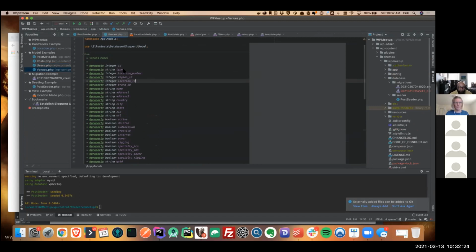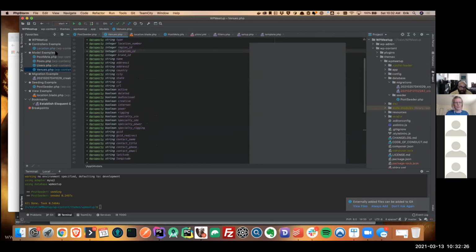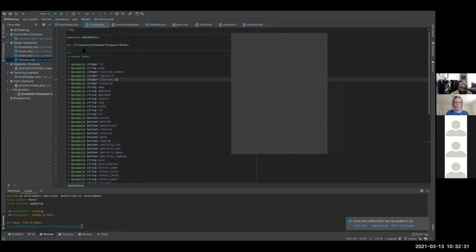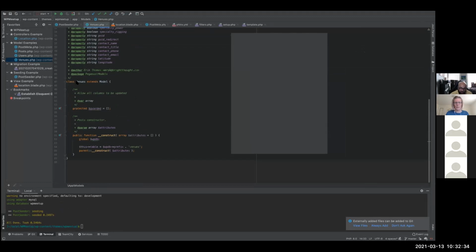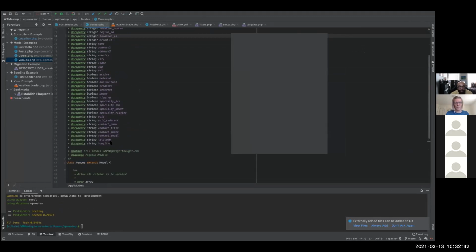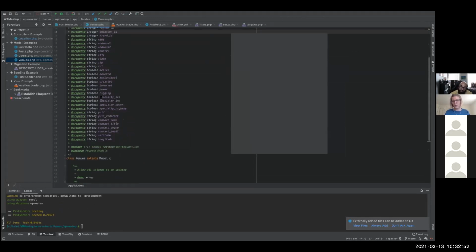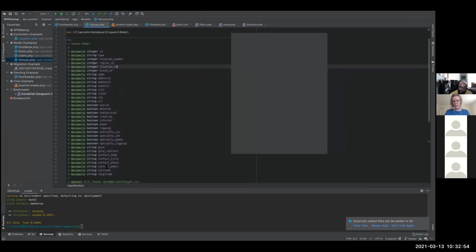So basically a model, what I have here, let me make this bigger and shrink that. This is a model for that venues table that I created. All I'm doing is telling it to interact with the venues table. That's it, super direct. Up here, you don't have to do this, I do this so that I create a document with every property that this thing can have. So when I'm calling this model, my IDE will know that these exist on here versus saying that they don't exist.